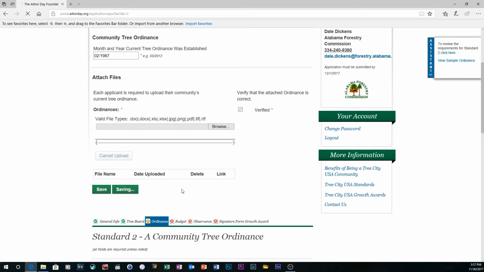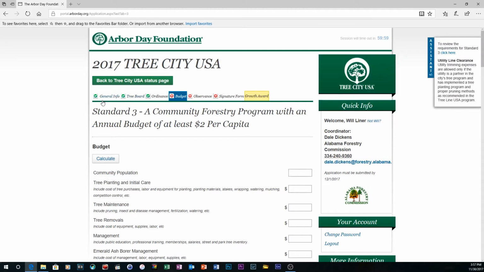And as that's uploading, you can see here at the top, you have the tabs of what all is required. So general info, and now that's a green check. Tree board is a green check, and ordinance is a green check, meaning that those are complete. Once you've finished these things, it'll turn green. If it's incomplete, it'll be yellow, and if it hasn't been started or is completely empty, it'll be red, like